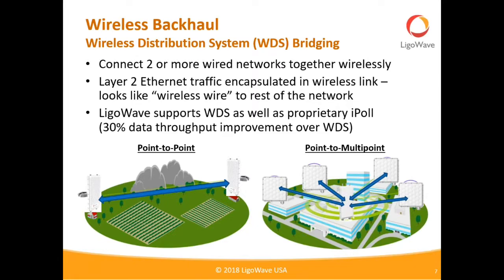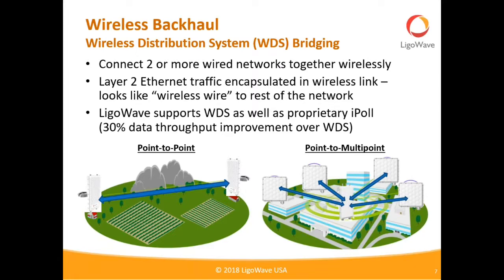The wireless link will take that Ethernet frame, it'll encapsulate it into a wireless frame, transmit it across the link as necessary, and then when it hands it back to the other side of the network, it will strip off the wireless part and hand back the wired frame back to the other side of the network. So from both sides of the link, the devices that are on either side of the link, as far as they're concerned, there's a wire between them. It doesn't know anything about a wireless link between them.